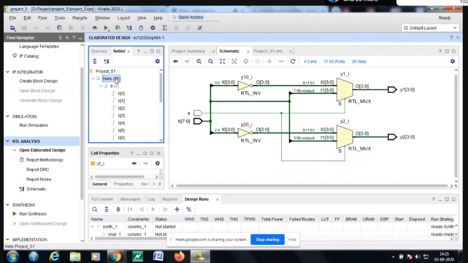So this one is our total netlist. It means totally 25 are there. So choose here. If you choose B now, the B is totally 8. What is the track now? These are all the track, because as I told you, this 2 is the external pin. So these are all the internal track now.